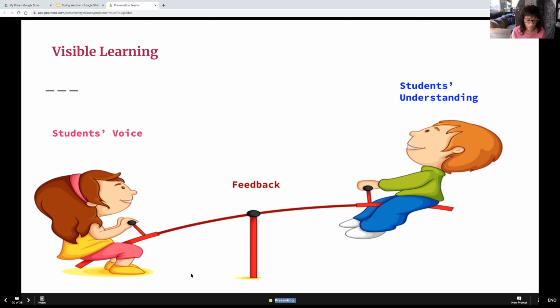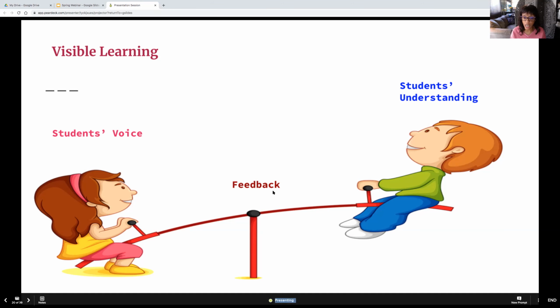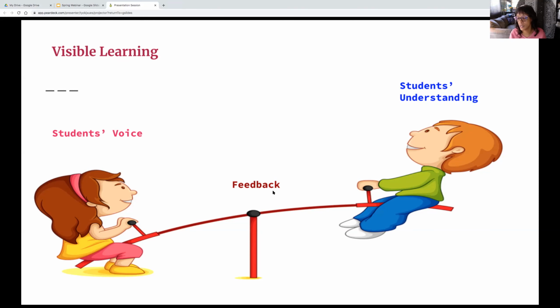And let's be honest, we can give all the feedback in the world, but the student has to be open to that feedback. And sometimes as teachers, we have to make it unique to them and their understanding. It may be as simple as, oh, you know how to do this, or did you think about this, to going into details of how we can move them from the unknown to the known. So I think feedback is the hinge, like I said, to help the students move from one level of understanding to another level of understanding.